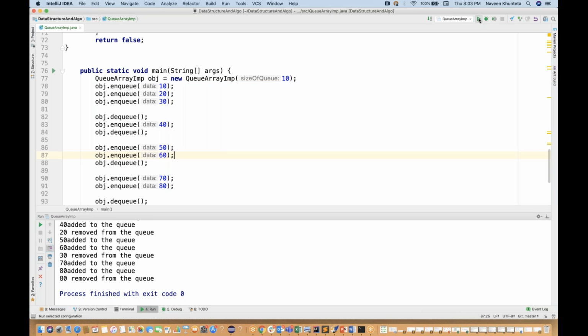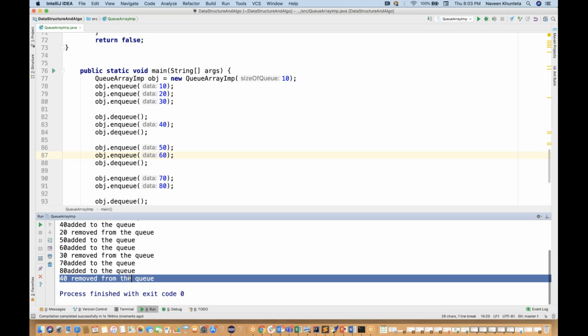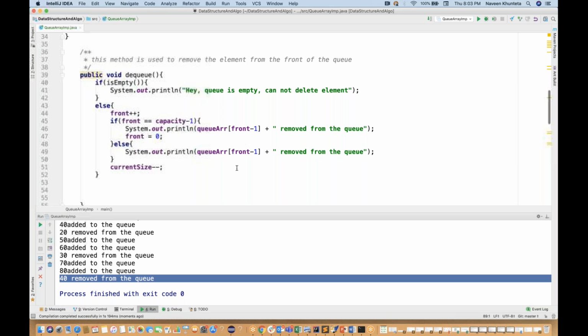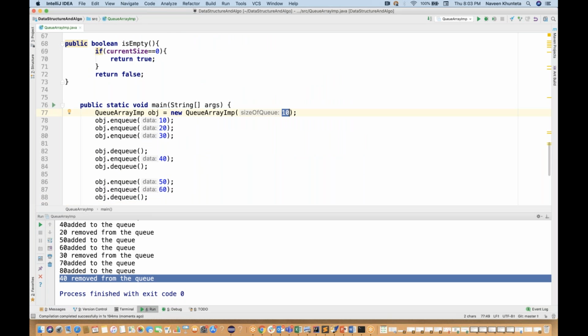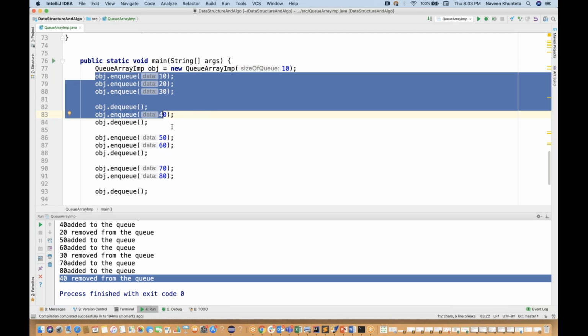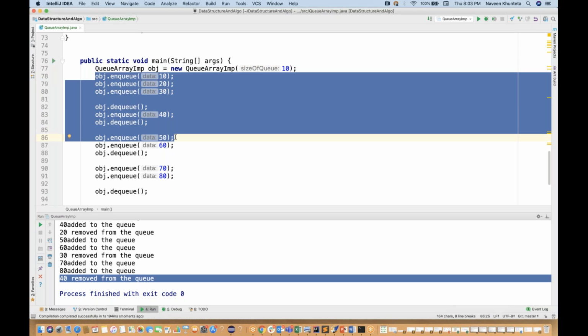Okay, so now let's run it again. Now you can see 40 got removed. Sorry, that was a catch. I really thought, okay, is my logic correct or not, because my logic is absolutely fine. We just need to increase the size of the array. Okay, so are you getting my point? Because initially it was 5, so we were adding only 5 values, 3, 4, 5. After that, it was giving you the wrong data, because it was not removing the data from the front side, it was removing the data from the last side, because now it will behave like a normal array